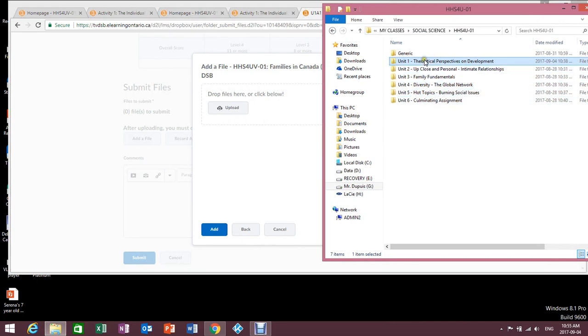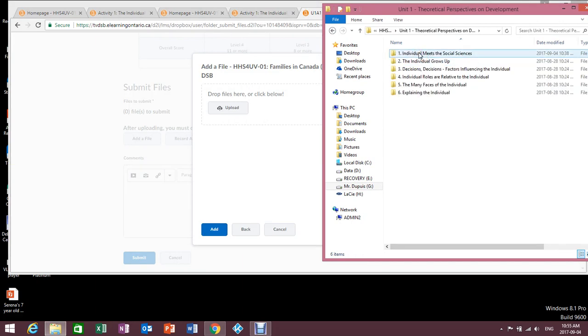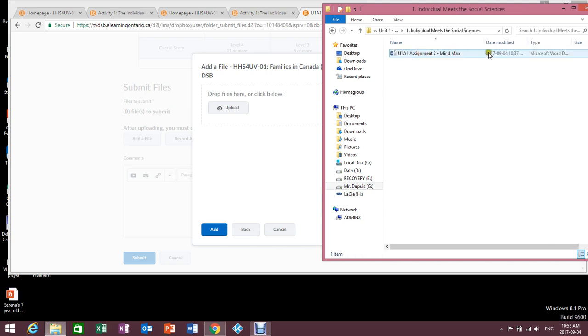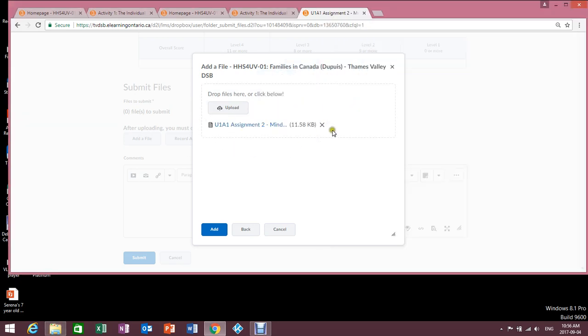So here's all my files for the course. Go into Unit 1. This is Unit 1, Activity 1. And I've actually named it the same name that I've put on the assignment tracking sheet. This is probably a good idea for you to keep track of your assignments. Make sure you name them appropriately rather than just calling it 1 or map or something like that, because if your files ever get unorganized, it's going to be a train wreck to try to find out which one goes where. So anyway, Unit 1, Activity 1, Assignment 2, Mind Map. It's ready to go. I can grab it, drag it over, and wait for it to upload. Some bigger files will take a while.